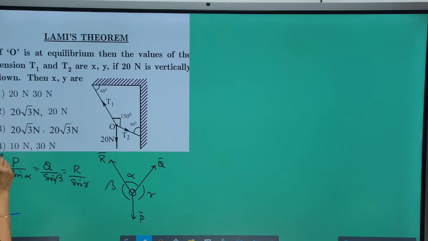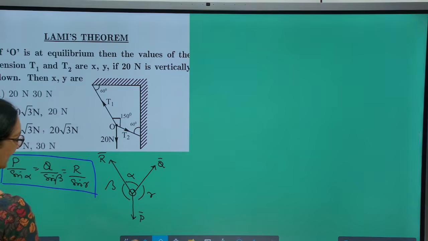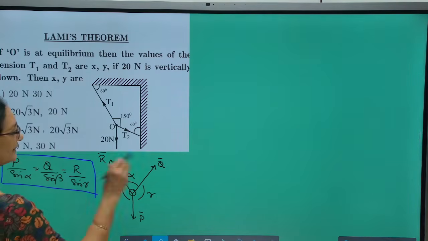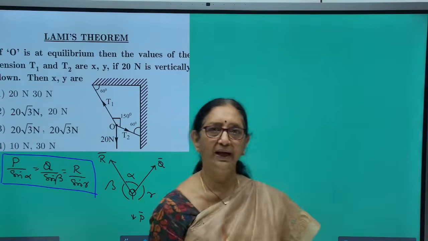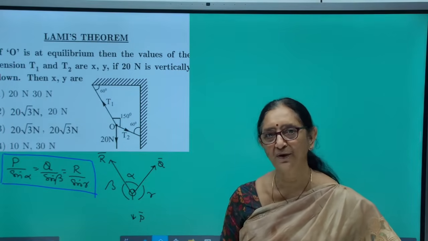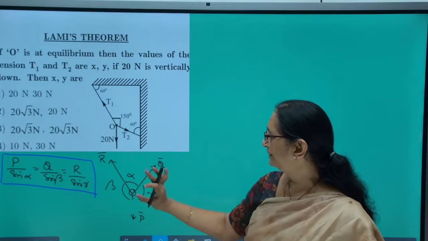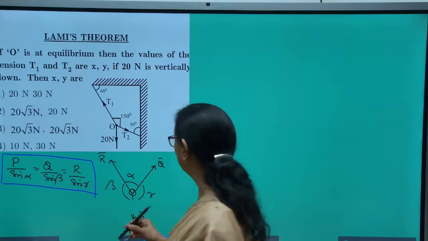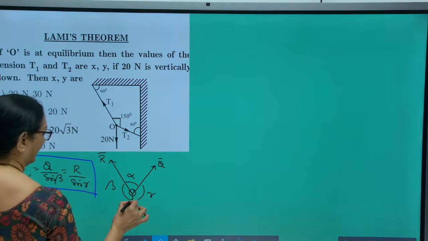So, if you understand this formula and have this diagram in your mind, you can do any problem based on Lami's theorem. So, let us try to solve different models on the simple concept of Lami's theorem given here. Now,